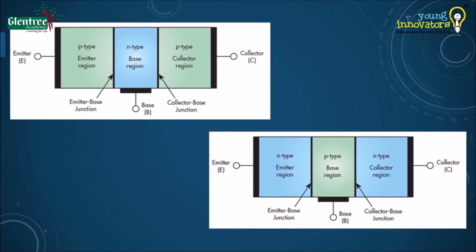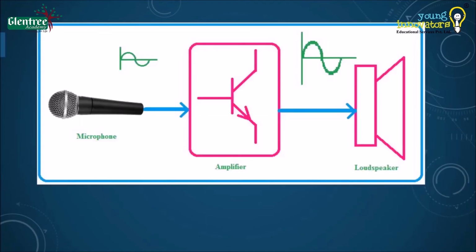And when you come to an NPN transistor, that is negative, positive and negative terminals put together, here it is the exact opposite of your PNP transistor, that is the collector will be the input terminal and the emitter will be the output terminal. So this explains briefly that the direction of the flow of current in both the transistors is exactly opposite. The best application of the transistors would be seen in your microphone system.